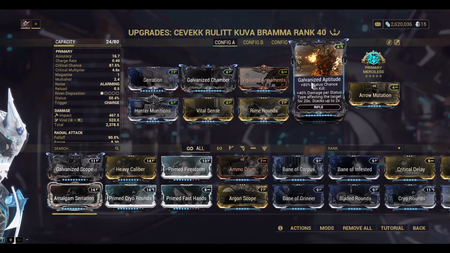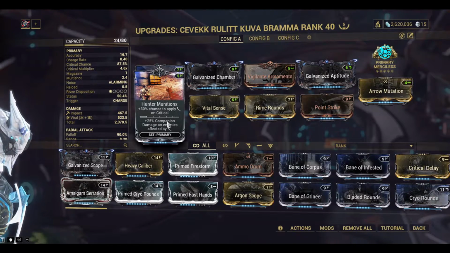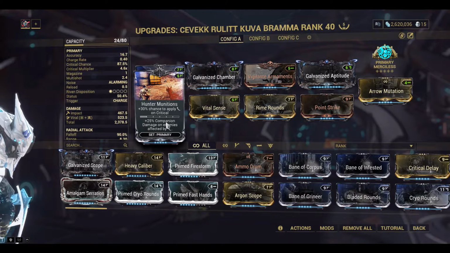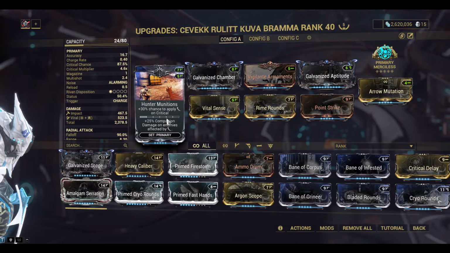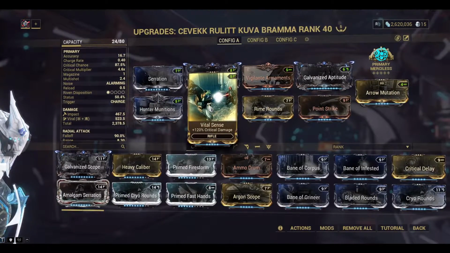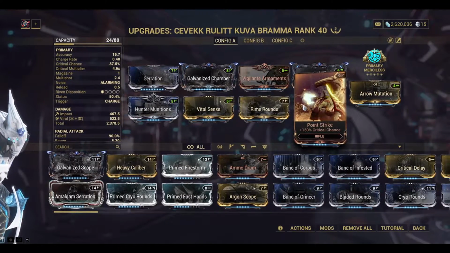With slash status using Hunter Munitions, our impact procs will be converted to slash instead of impact. Which is nice, because slash procs bleed, and that bleed goes through armor and just kills the enemy. Okay, so Vital Sense for more critical damage, Rime Round for status chance, and Point Strike